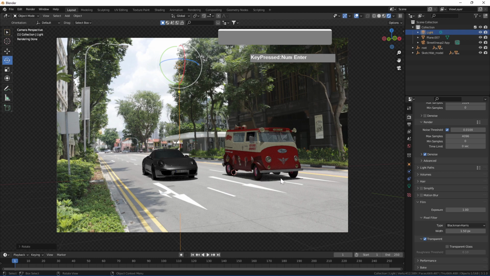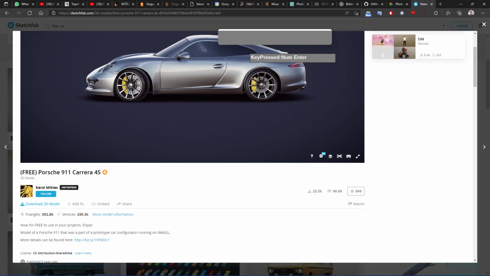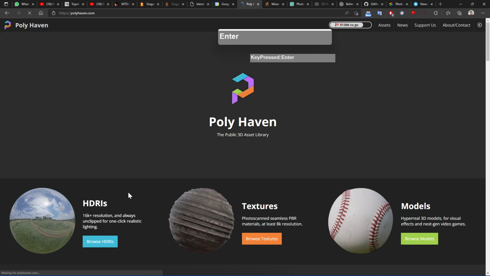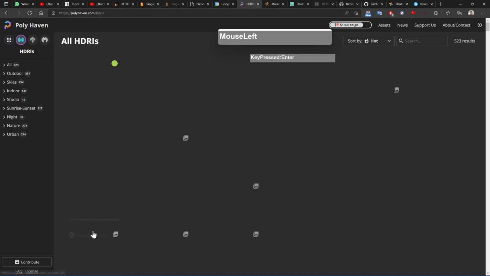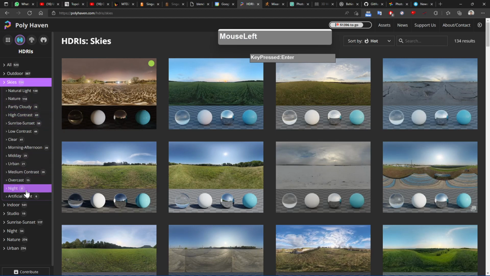But the problem right now is that the overall lighting still doesn't look very convincing. So in order to improve the look, we can use another type of lighting called HDR, or environmental HDR lighting. You can go online to this website known as polyhaven.com. Let me just go over to the actual site itself. Then you go under HDRIs, download a skies image, and search for one that has a midday